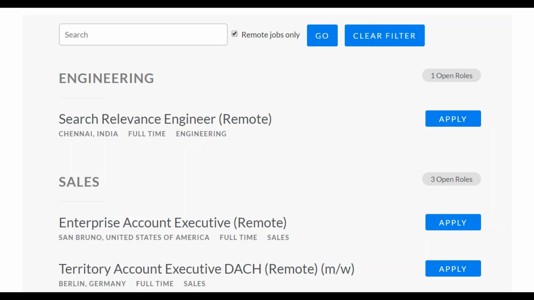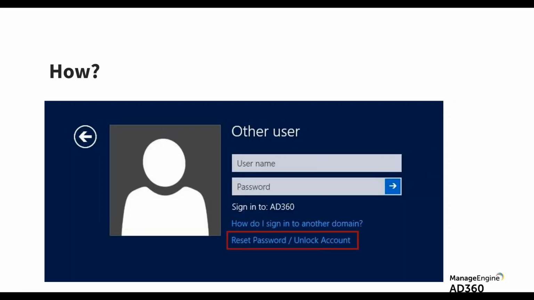We see a major shift in how organizations are being structured, with work from home becoming the norm. That being the case, here's one catch for you. How would you handle a password problem for a user who's on the go? Can an administrator just pick up the phone and solve a password problem for a user on the go? Most of the time, it turns out it's not going to be possible, because the user is not connected to the office network or the LAN for that matter, and it